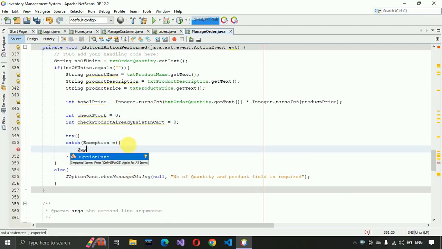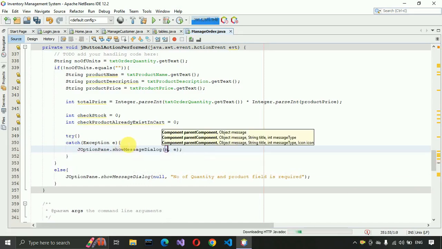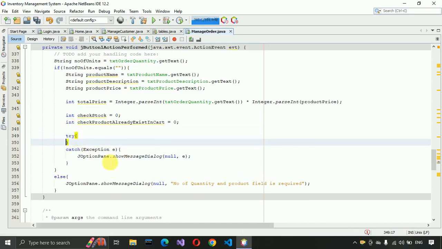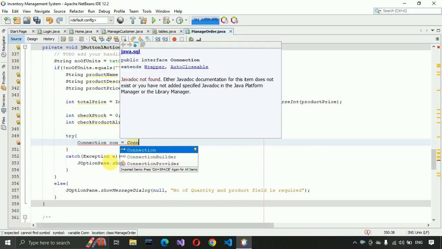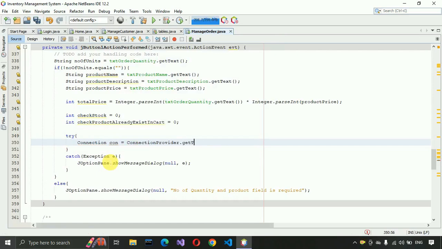Here we just write JOptionPane.showMessageDialog, and here we just write null. After that, go to the try section, and in the try section we first need to create the connection. So Connection con equals ConnectionProvider class, which we have created earlier, and then we have to get the connection,